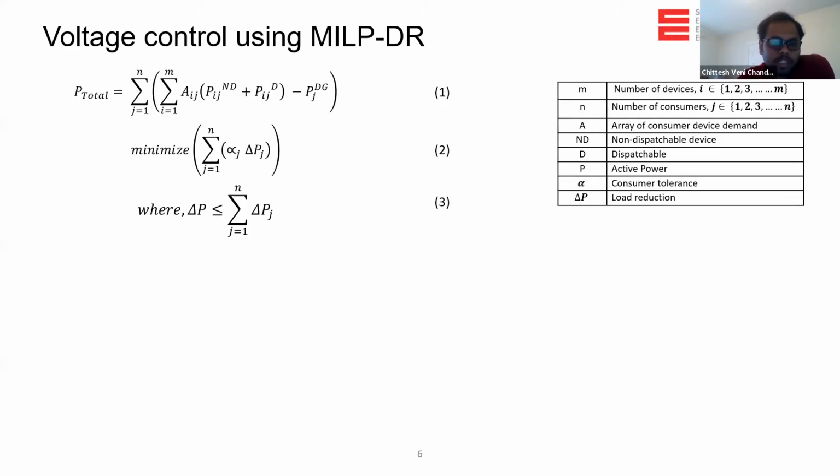Now the demand response computes this amount of load reduction. After computing the load reduction, it recalculates the under voltage in the last bus, or the complete profile of the distribution feeder. Now, if the under voltage is not cleared, it increases the demand reduction to 10%. So it incrementally increases the demand reduction until a point is reached where it finds that the under voltage is cleared, or it is within the regulated limits.